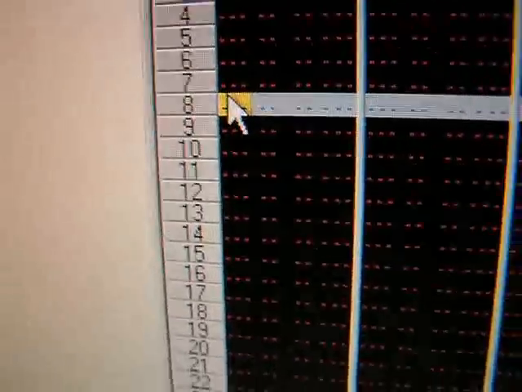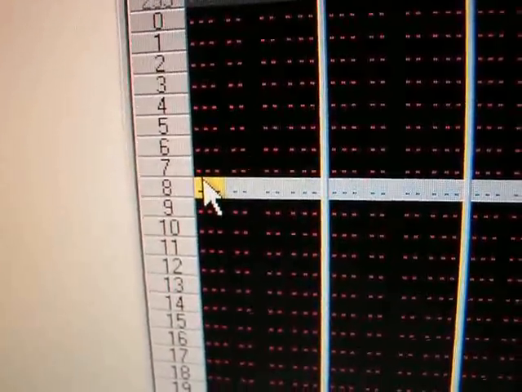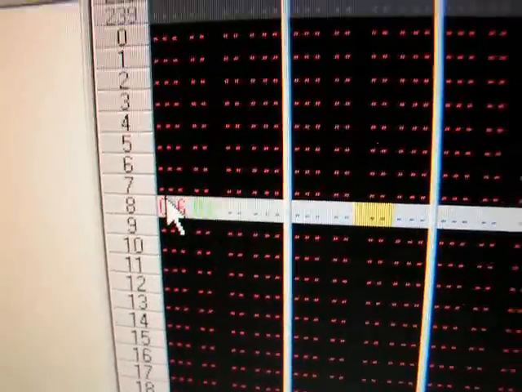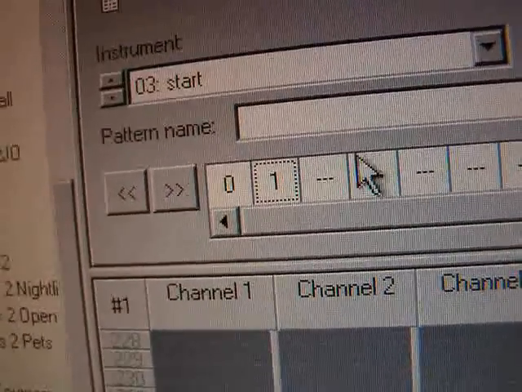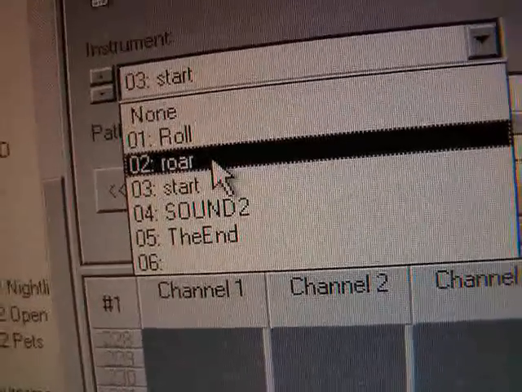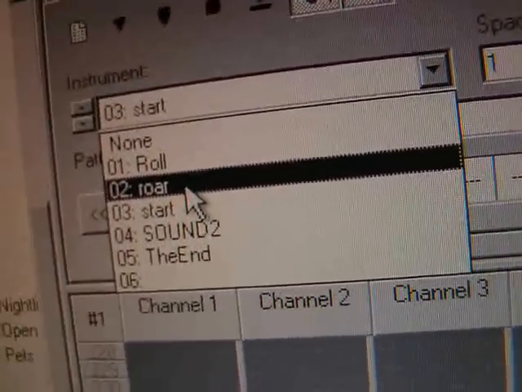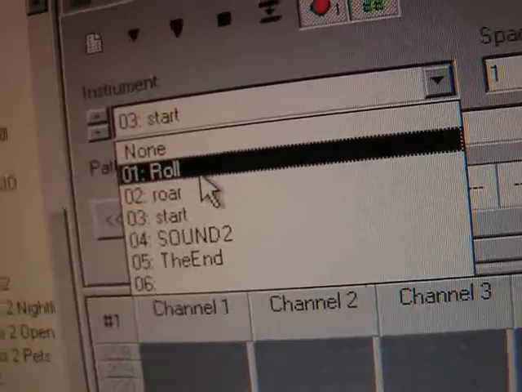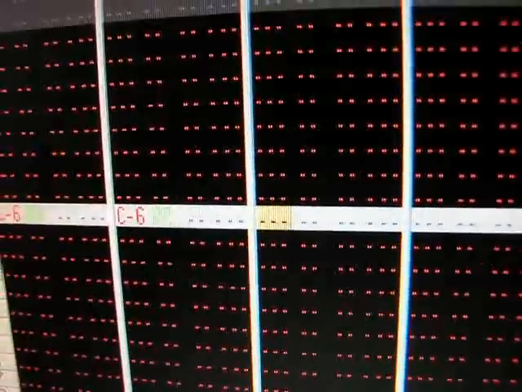instrument start, begin. Okay, that's a nice sound. Sometimes it's nice to double the sound so it gets extra loud. Then on that same place you apply a roll or roar. Since this is launched at a high speed, we can start with roar, and then we